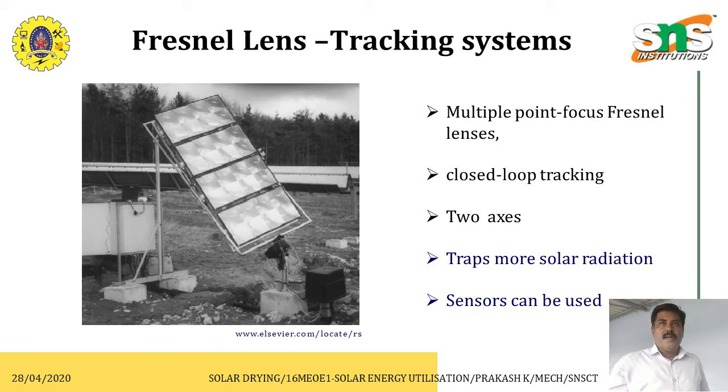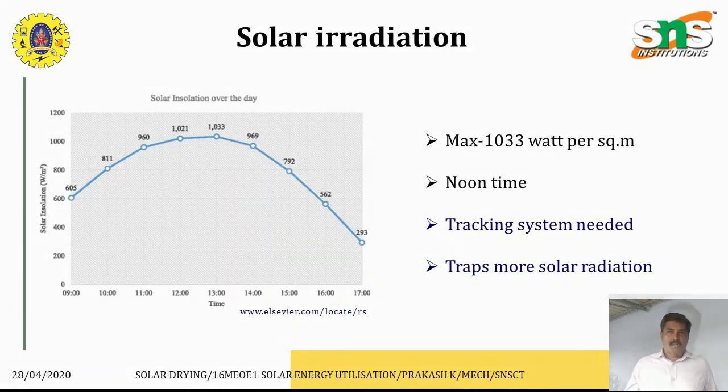And this is a Fresnel lens. What is the major principle behind the Fresnel lenses? The target area is reached by refraction. So here it concentrates the sunlight with high intensity. In the pictures you can see it. What is another need for these Fresnel lenses? We have to use a solar tracking system with these Fresnel lenses, so that most of the solar energy can be harvested by using these tracking systems for drying the products.